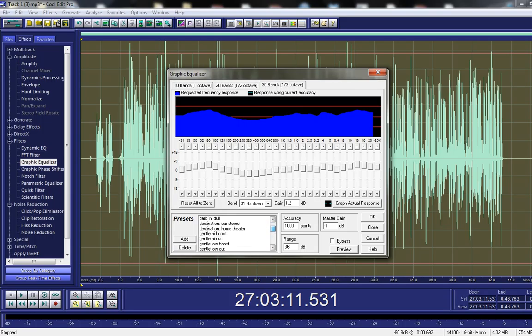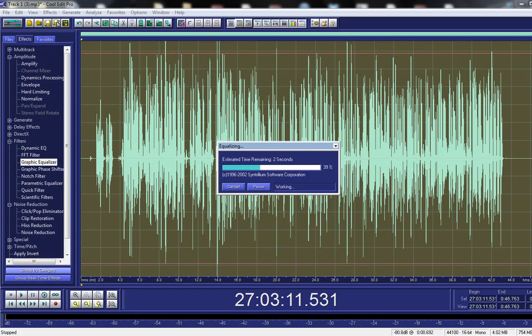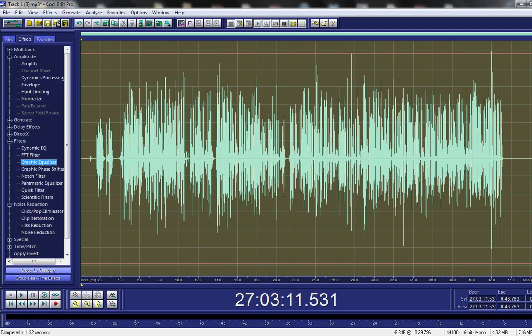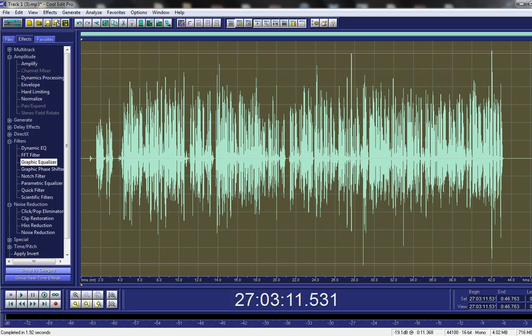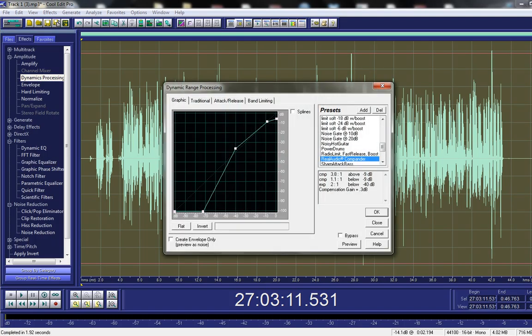I think I'll go with 30 band punch and sparkle, because my voice sometimes sounds all over the place, high pitch and low pitch. So 30 band punch and sparkle would be best for it. Then what you want to do next is go to dynamic processing,